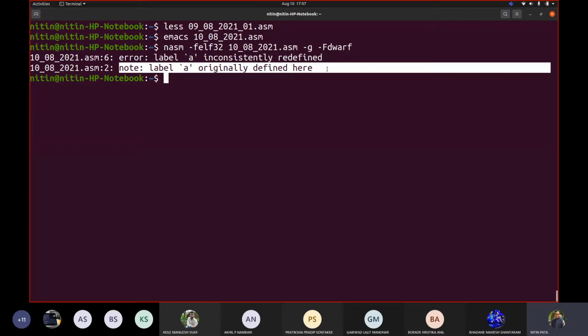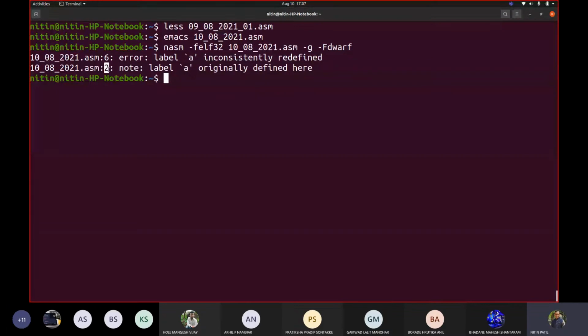Since you made a small mistake, you forgot that you already have defined this a originally at this particular line. Correct. And if you carefully see, when I use a, b, c, d in the data section, it doesn't say identifier a inconsistently redefined. It always says label a inconsistently redefined. So whatever we call a variable is in some sense referred to as a label. That is only a label given. That label may not be found at a later stage. It would definitely be replaced by its address, and that's what we saw in the previous session.